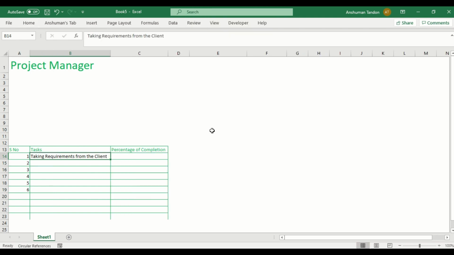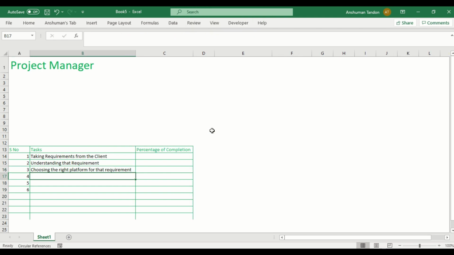Okay, so let's auto fit it by using the shortcut Alt H O I. Then the next step will be understanding that requirement, then choosing the right platform for that requirement. Then the next step will be creating a workbook, formatting.